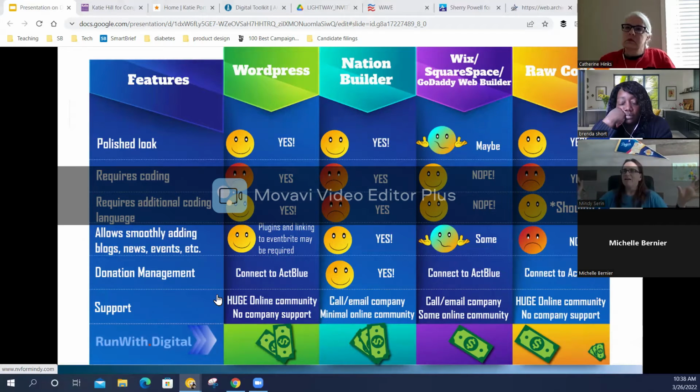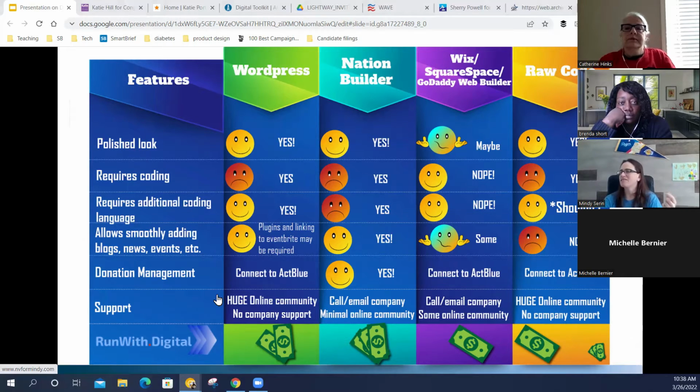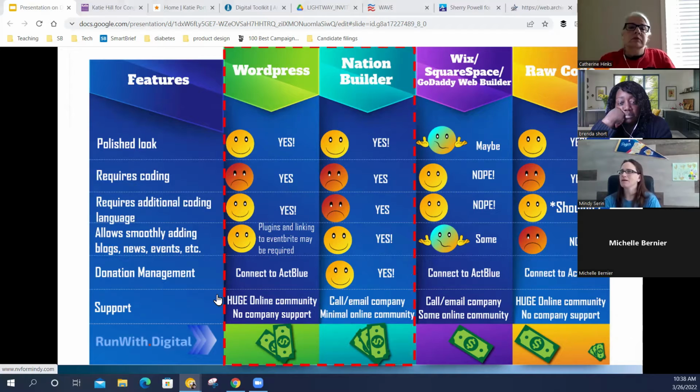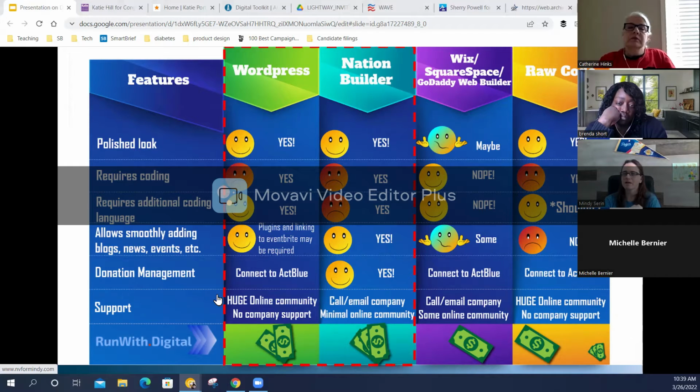Overall, if I'm going to look at a comparison chart of what will be best, I have happy faces, sad faces, and maybe it's not so bad. These two would be my top choice, WordPress and Nation Builder. I'm going to lean more towards WordPress just because it's less programmatically and less money. There are other content management systems out there. Some specifically are for political websites. Some cost a lot more than others. But overall, when you compare everything, I'm going to say WordPress and Nation Builder, just depending on your funds and what you can get done.